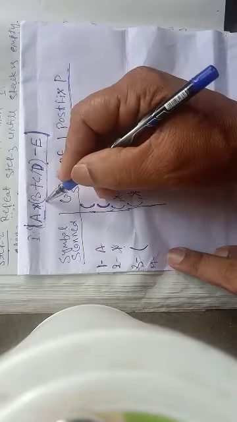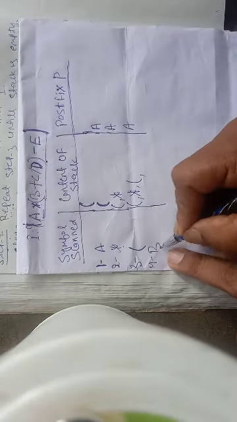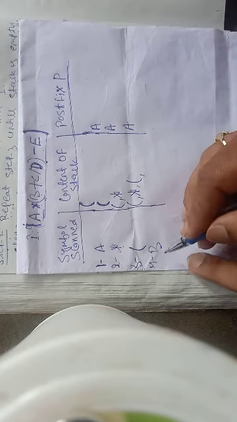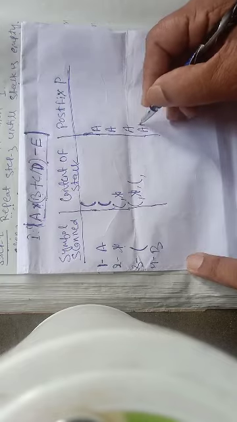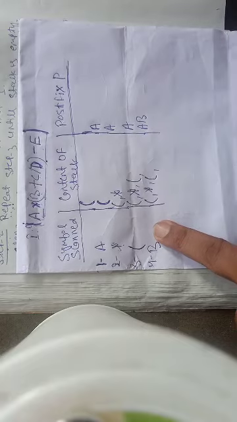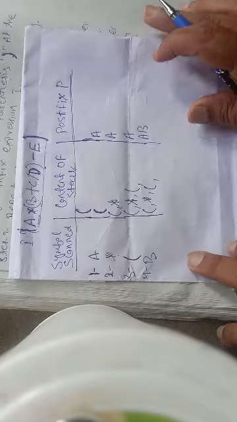So the next symbol after the left bracket is B. Now B is an operand. So when an operand is encountered, simply add the operand into postfix. So this is my postfix: A and then B. And the stack doesn't change anything. The stack is left bracket, asterisk, left bracket. Okay. I hope you understand this.